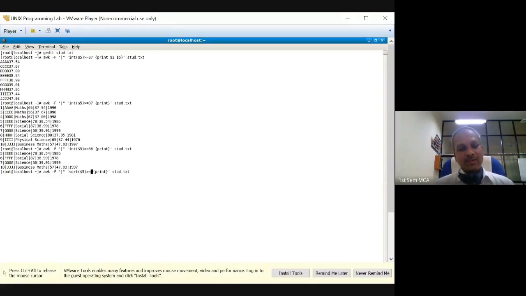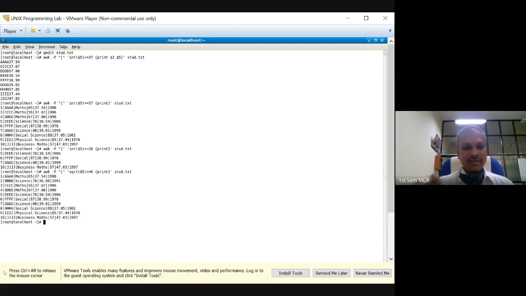I will take the square root of each of these, and if I do, the minimum is 36, so 6. So I want to display all those whose square root is greater than or equal to 6. In this case, you should be getting the result of all the values. Let us see whether that is coming or not. So every value, 37, 36, 37, 37, 38, 38, 39, 37, 37, 47, obviously are greater than 36.